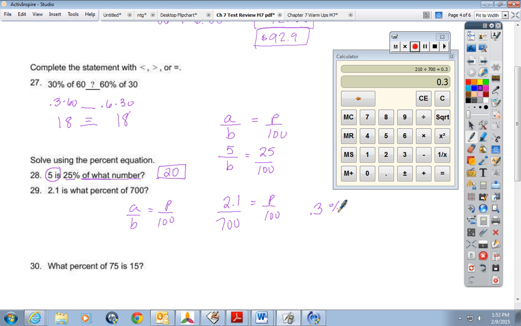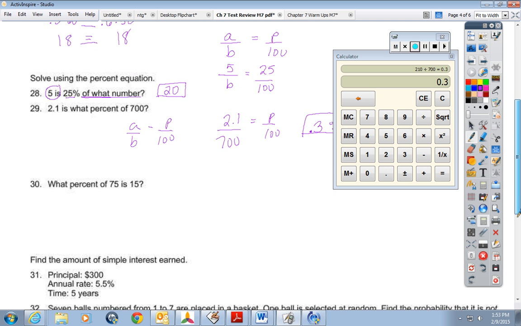On number 30, same thing. Do I have two numbers or a percent and a number? Two numbers. So it's the same thing. Of is my base,